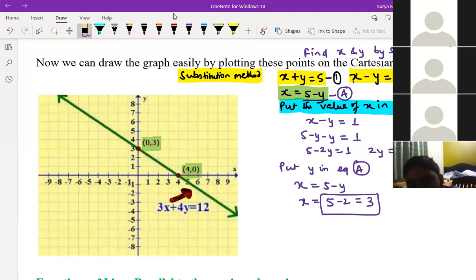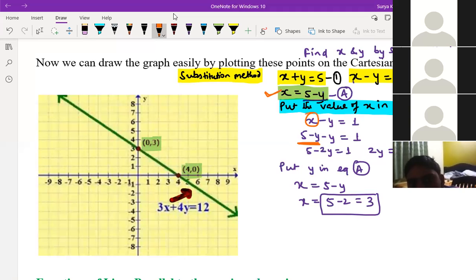Sir, after x is equal to 5 minus y that you did, sir, I did not understand what is being put in the second and first one, sir. And how you got 5 minus y. Okay, wait. See, what we did is this; you understood this, now this one. Yes, sir. Now this x is in the form of y. X in the form of what? Y. So instead of this x part, in the second equation, we are putting 5 minus y. Now it's clear. Yes, sir, now I got it.